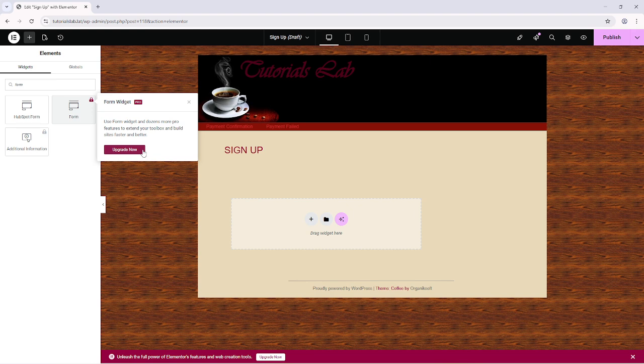Here's where things get important. You can customize the form fields, adjust the layout, and style it to match your website's design. However, in order to actually collect form submissions with WordPress using Elementor, you must upgrade to Elementor Pro first. The free version of Elementor allows you to design the form, but it doesn't include the functionality to capture and store submissions. Elementor Pro unlocks features like email notifications, integrations with CRM tools, and the ability to view submissions directly in your WordPress dashboard. Without the Pro version, your form will look great but won't be able to send or